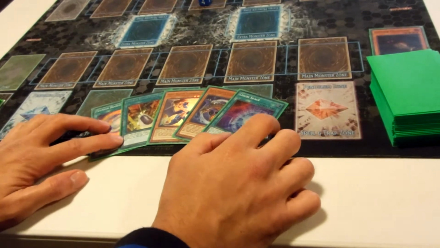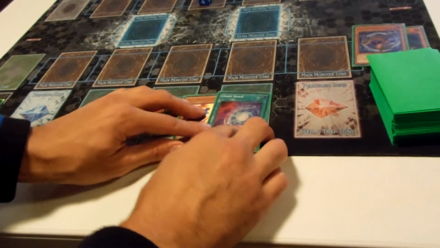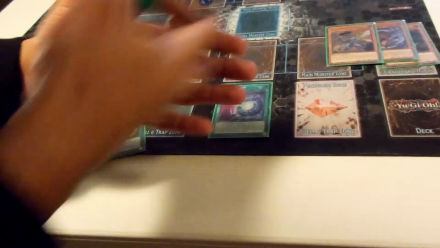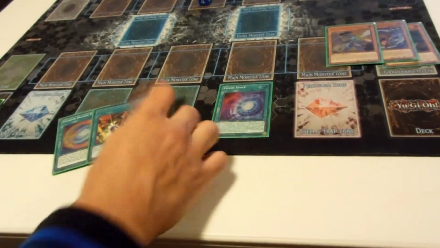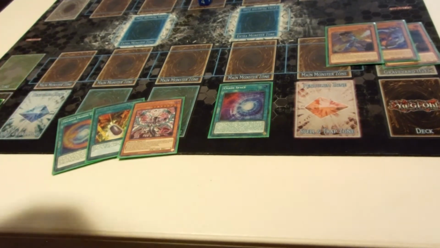I'm going to discard the Black Dragon Collapse Serpent, and you'll see why since we drew Chaos Space. I'm going to activate Chaos Space, dumping the Wyverburster to search our Chaos Dragon Levianeer. If only Conductor was level 8, then we could search Conductor with a Dark Monster. But now that we've got that engrave,